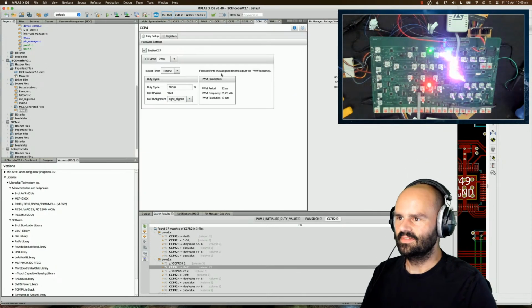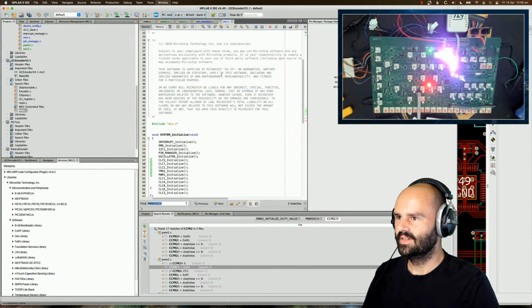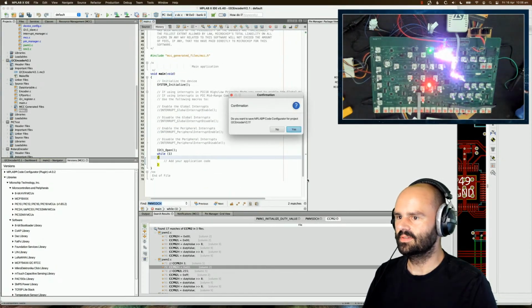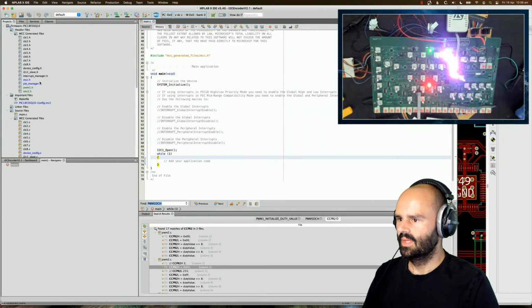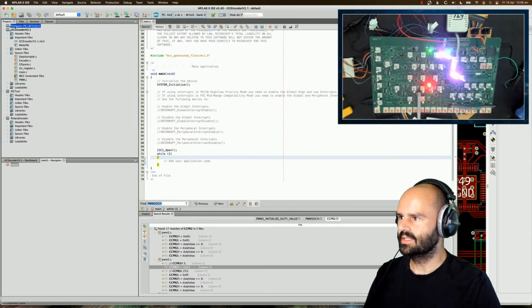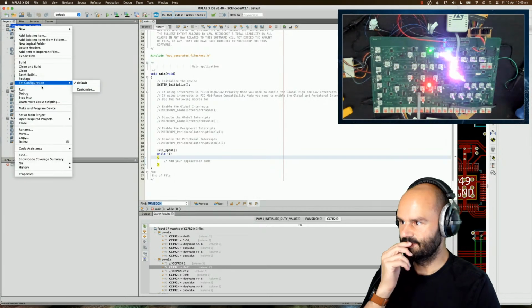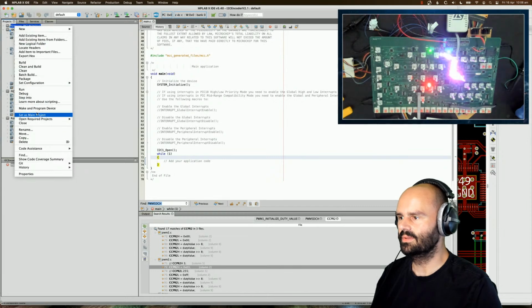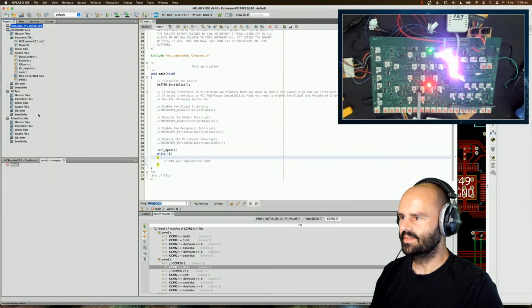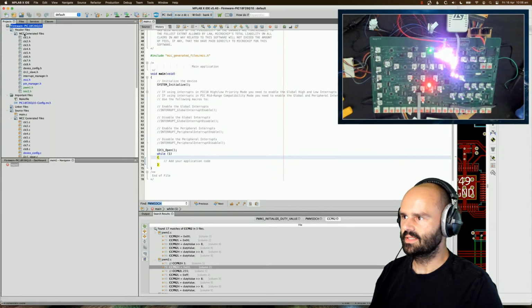Let's close all our files before I get file claustrophobia. Turn off the configuration. No, don't save it. And now what I'm going to do is go back to our firmware project here, and I'm time boxing myself to only spending a little bit more time on this before we actually get into the rotary encoders, because getting the LEDs to work is not what we should be doing right now. But it's fun. So we'll set this as the main project,